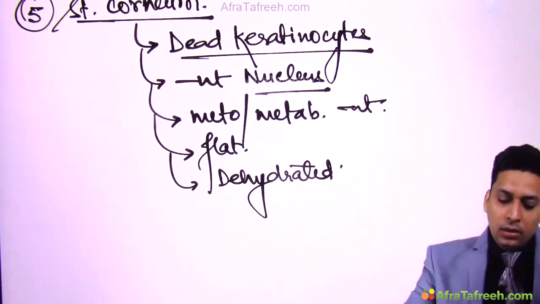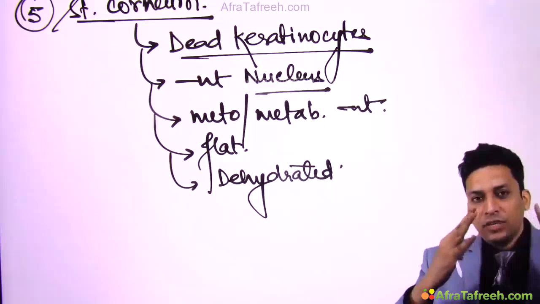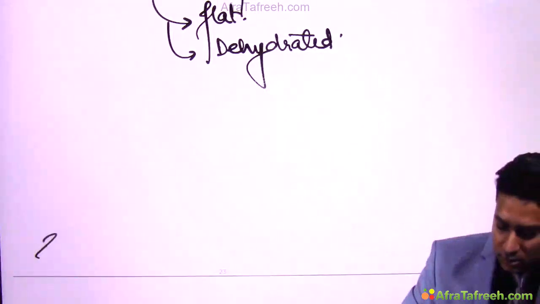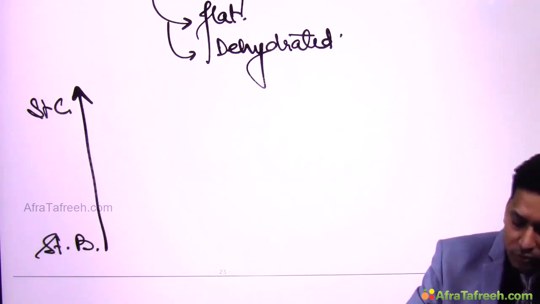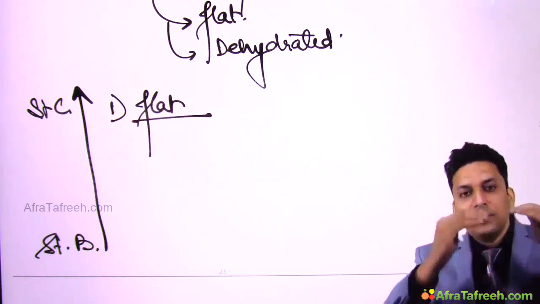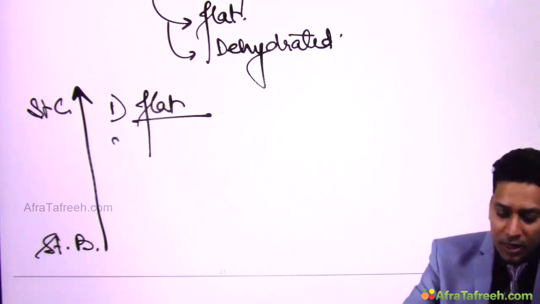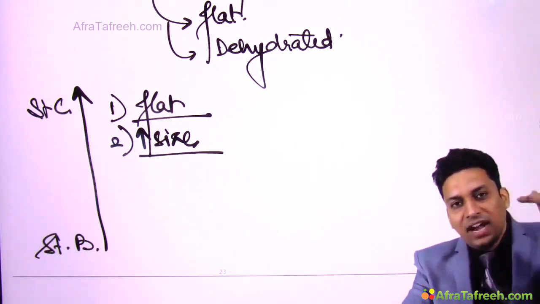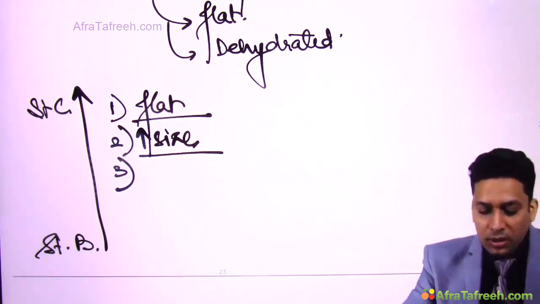Okay. So these are the characteristics which are seen in these cells, and gradually as we move upwards from stratum basale, you will find these changes. Like if this is stratum basale and this is stratum corneum, if you keep moving upwards, you will find that gradually all cells become flat. Because they are becoming flat, the overall surface area increases, so they appear large. So the size is increasing. As the cells move upwards, they become flat, they keep on increasing in size, and because they are moving outwards, their moisture is lost, so they become dehydrated